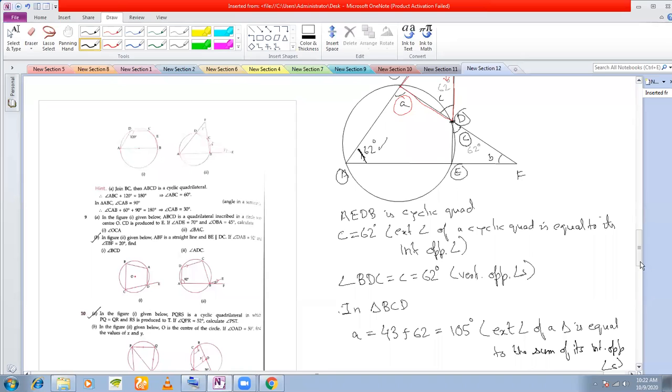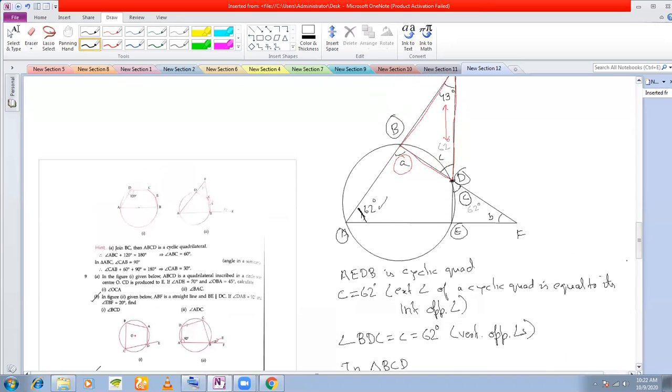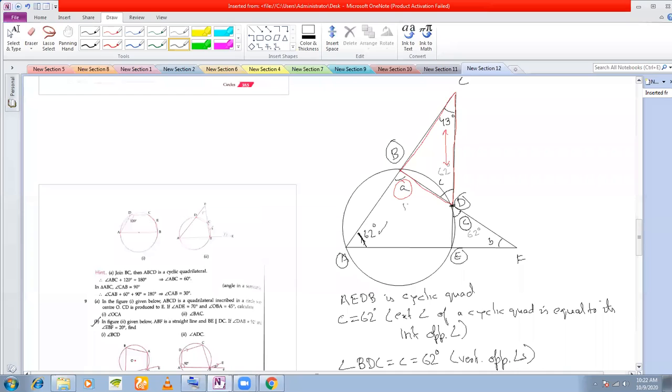Okay, so this is E we have found out. Now how will you find out B? How much have we found out? E we have found out 105. Fine, this is 105. And how will you find out B ultimately? What is the value of B? Can you tell me how to find out B?